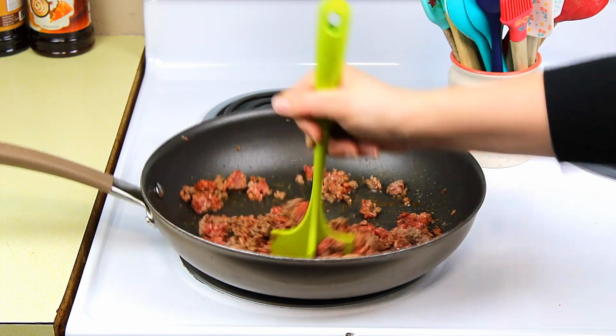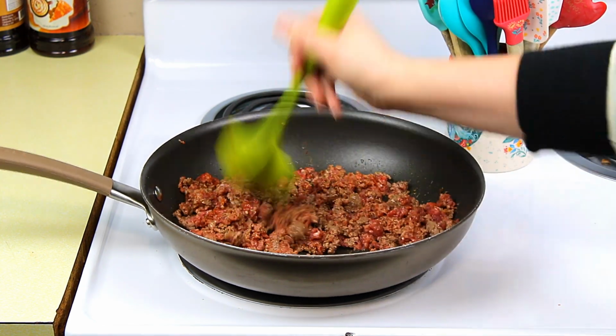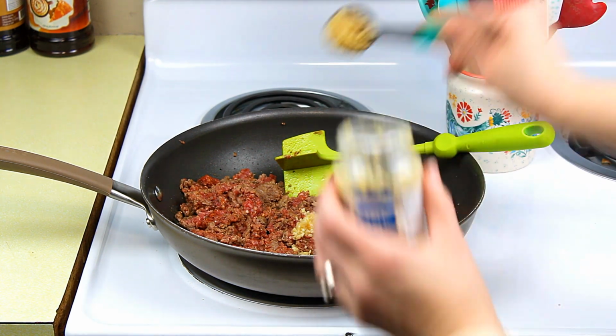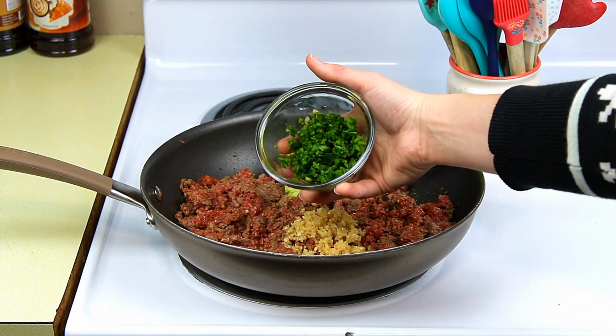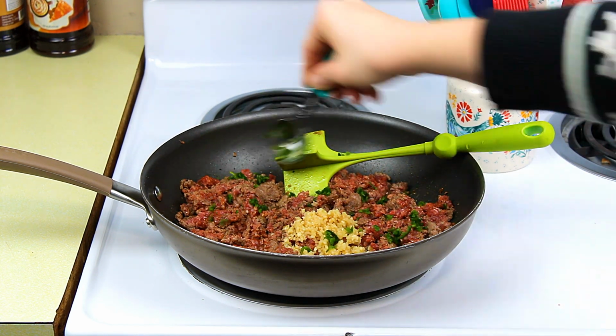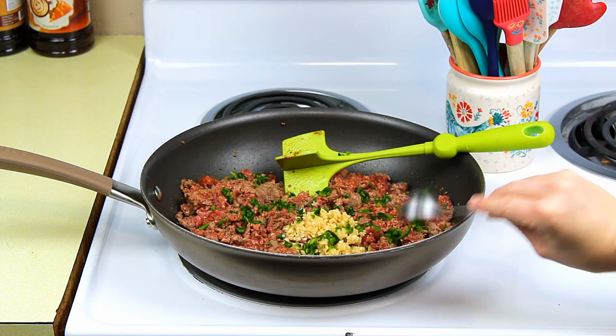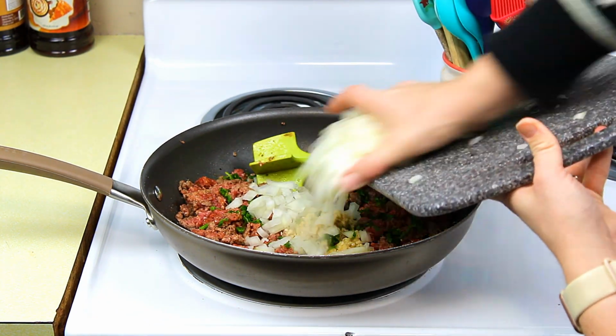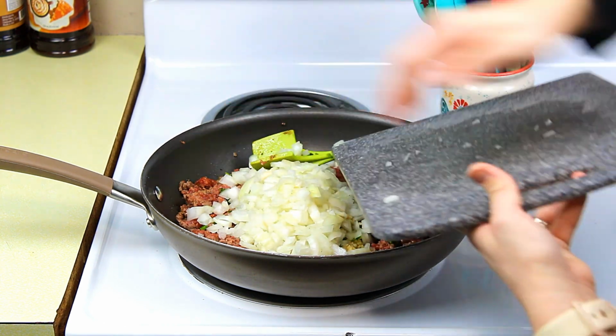And I'm not sure it would be one of my meals if I didn't add in any garlic. Garlic just adds so much flavor to it. So I'm going to add in about 2 tablespoons of minced garlic. And then I have these jalapenos that I'm going to use. I have some fresh jalapenos right out of my garden that I need to use up before they go bad. So I'm going to put in some jalapenos just to give it a little more flavor,